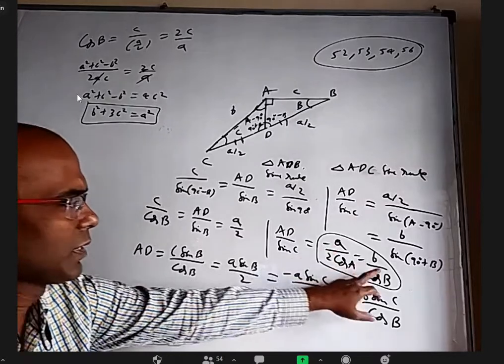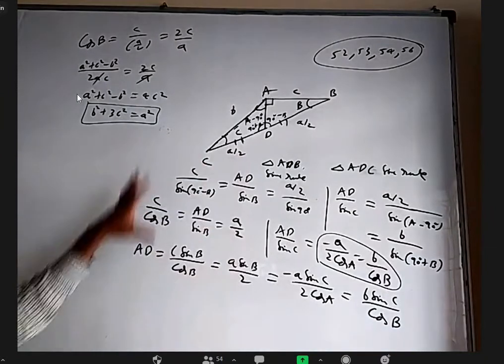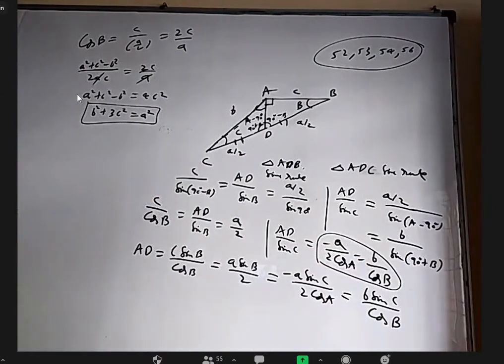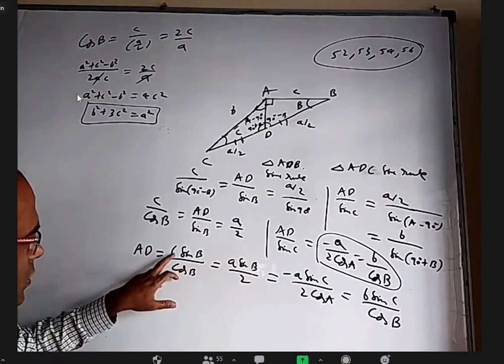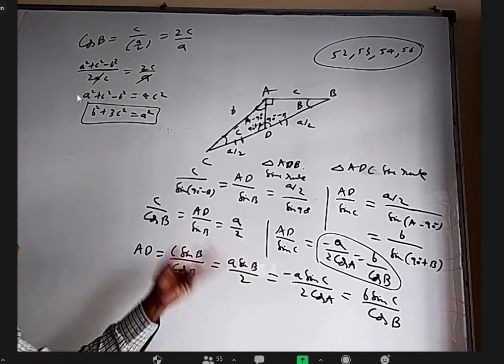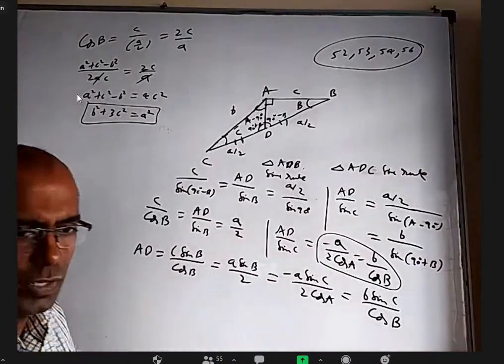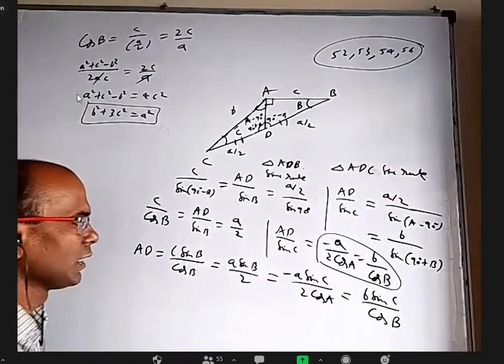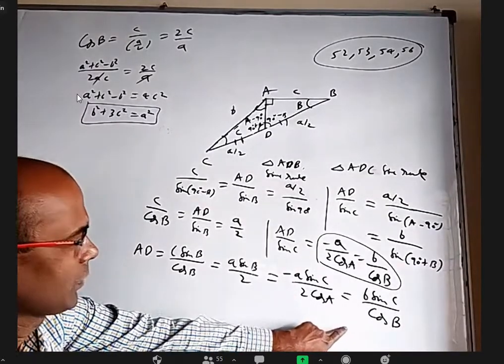You write a as 2r sin A, b as 2r sin B, and you are done there. So I wrote a lot of things, but only this much is sufficient. Anyway, if I use this, will I get anything? Sin B will cancel, and sin C by cos B equal to sin A will come. It's some result. I just wrote it so that you will know it may be required for some other question, and you can use it. Otherwise, for the present question, this much is sufficient: write a as 2r sin A, equating these two only.